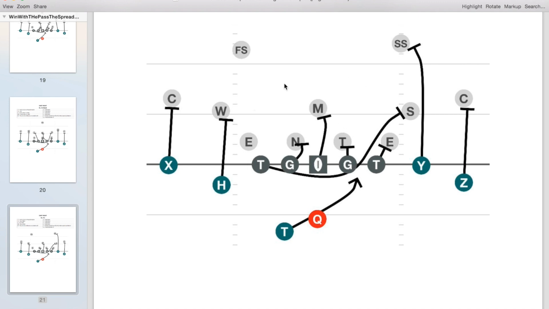Either way, what I really like about it is if we can get this block sealed, if we can get this done. So say we double team here, because we're going to call this a 1 technique. Say it's a 1. That means we're going to double team the 1 up to the mic. And if we do that, there's nobody in the hole, right? If the Sam's walked out over top of our Y,